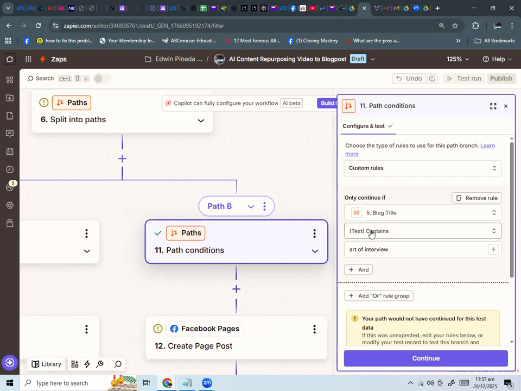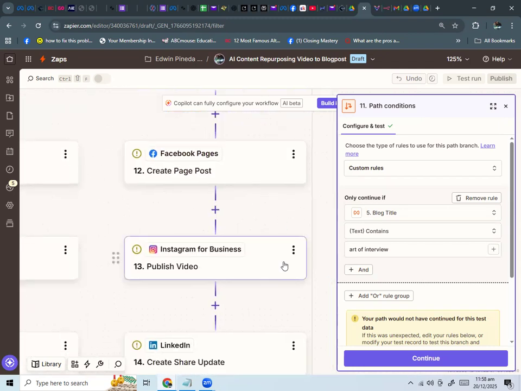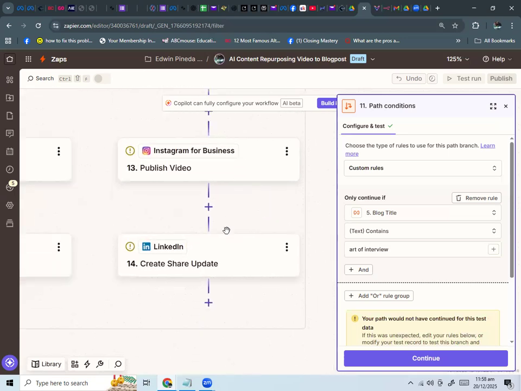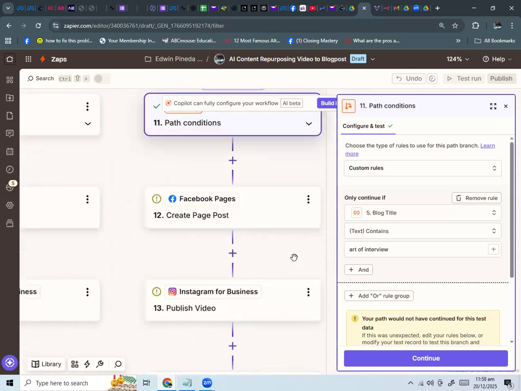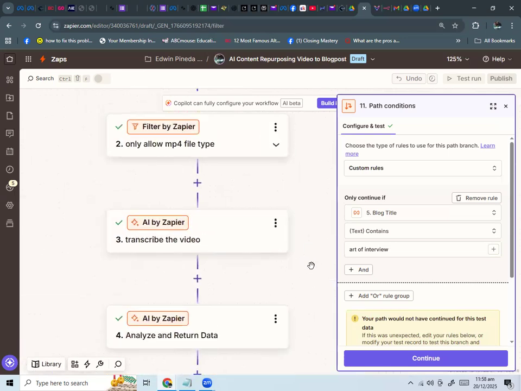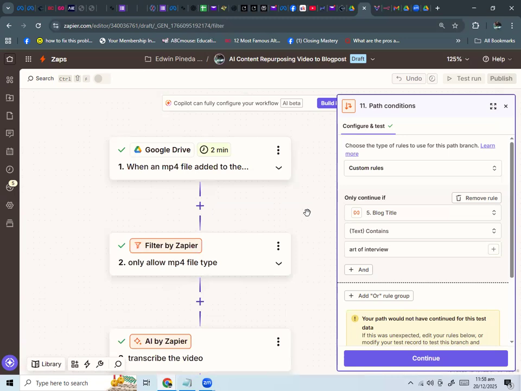For path B, if the blog title has art of interview in it, it will post those blog posts to our social media like the Facebook page, Instagram, and LinkedIn.